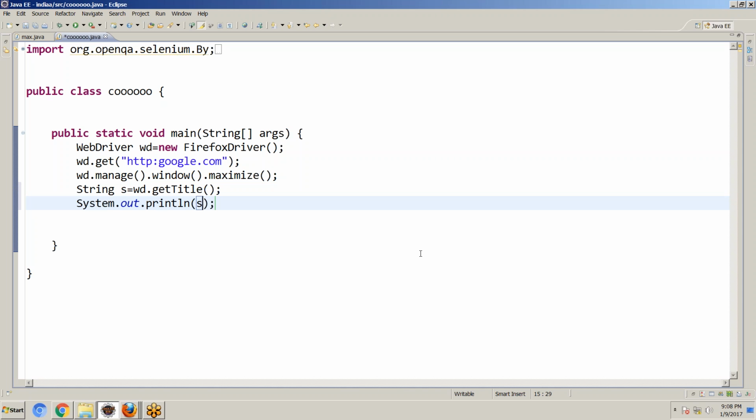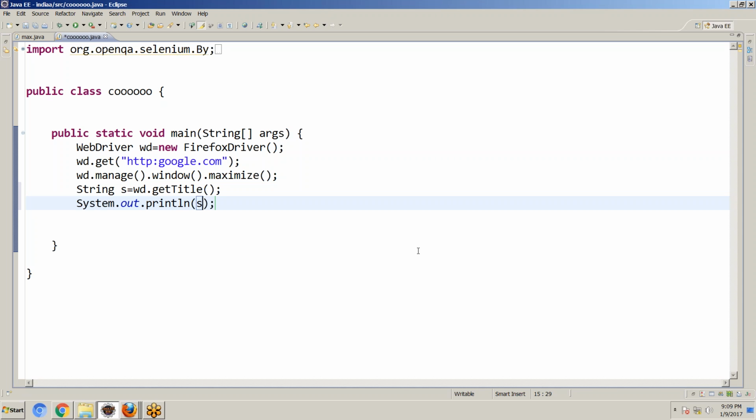Third concept, how to get the title of the page. String s equal to wd dot get title.